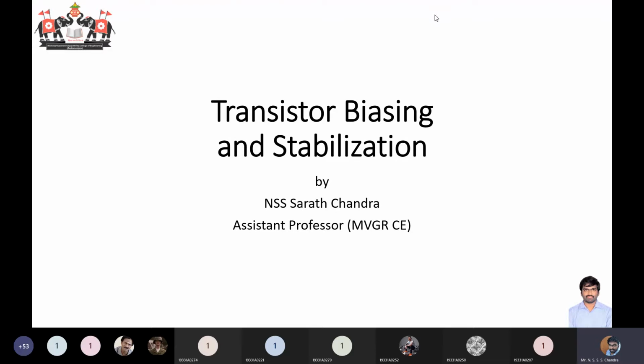So to begin with, we are talking about forward biasing of a PN junction diode and reverse biasing, right? So what do you mean by biasing? Setting up some initial conditions such as current or voltage. So setting up some kind of voltage values, right?